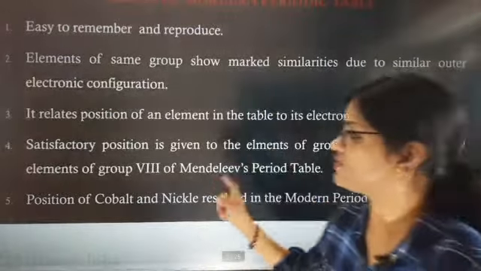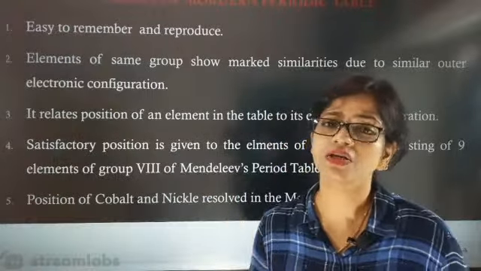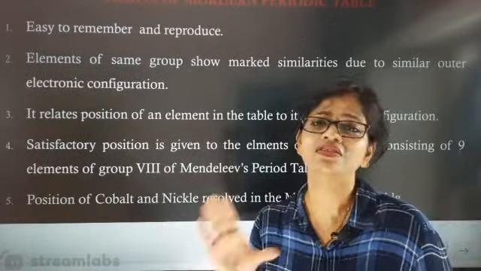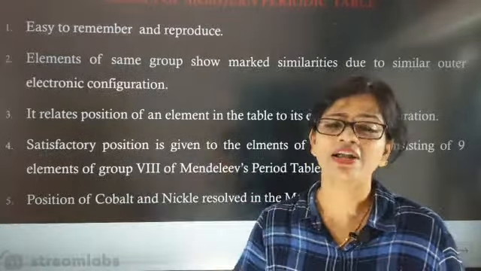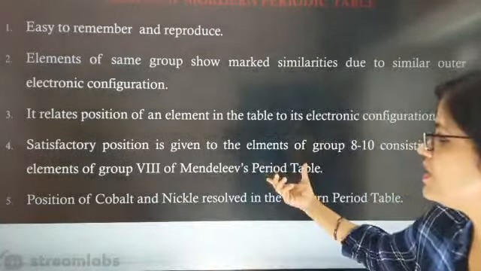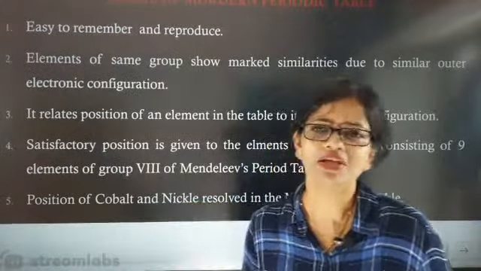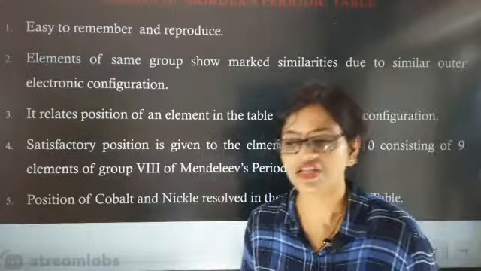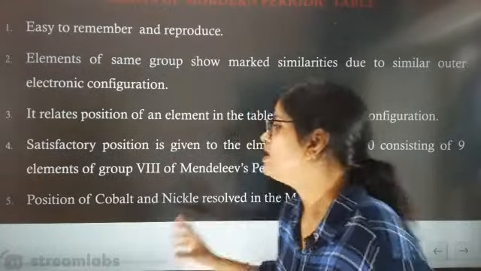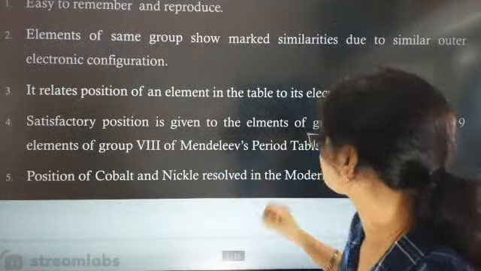Satisfactory position is given. See, cobalt and nickel did not get a satisfactory position in Mendeleev's periodic table, but in the modern periodic table they are exactly coming in the heavy metal position. That is a very satisfactory position given to them. Next important point is